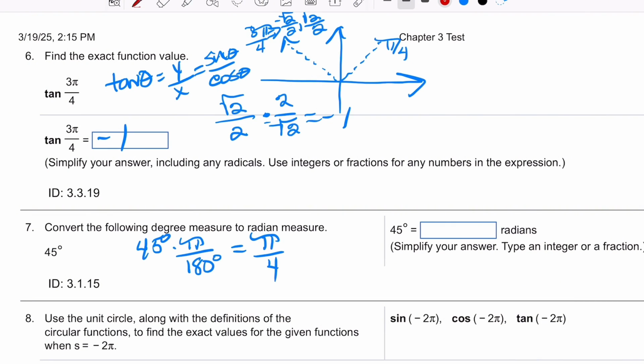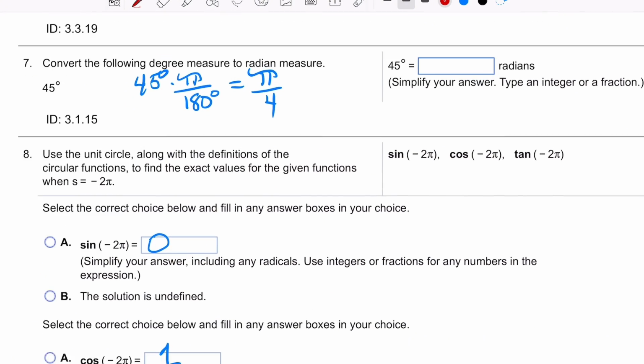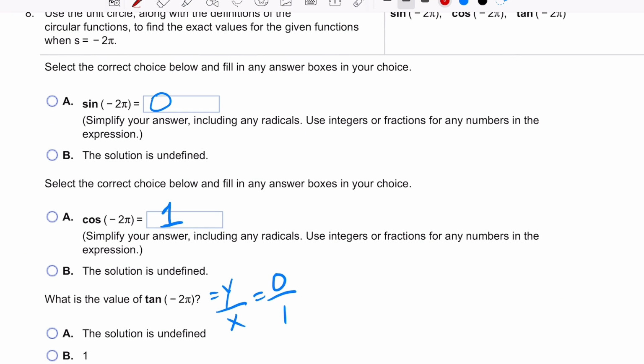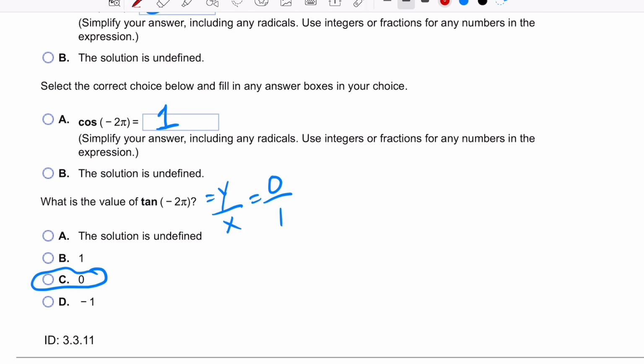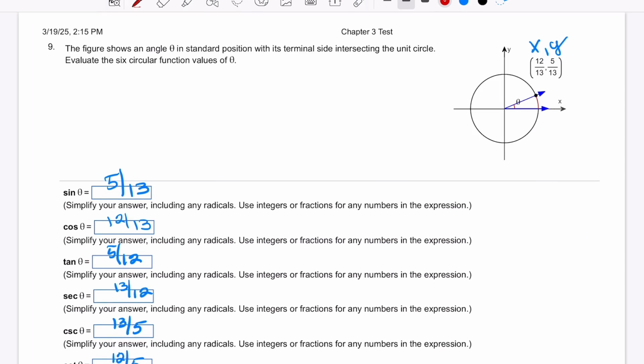Anyway, so for number 7, I already went over that. You just multiply by pi over 180 to get to radians. The same thing with number 8, very similar to number 6. You're just finding the values on that unit circle. And then for this one, we are just using the x and y values to find sine, cosine, tangent, secant,